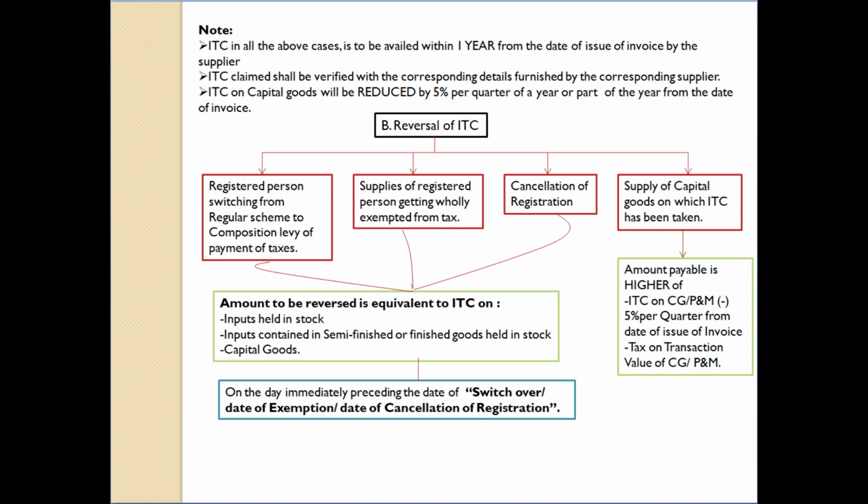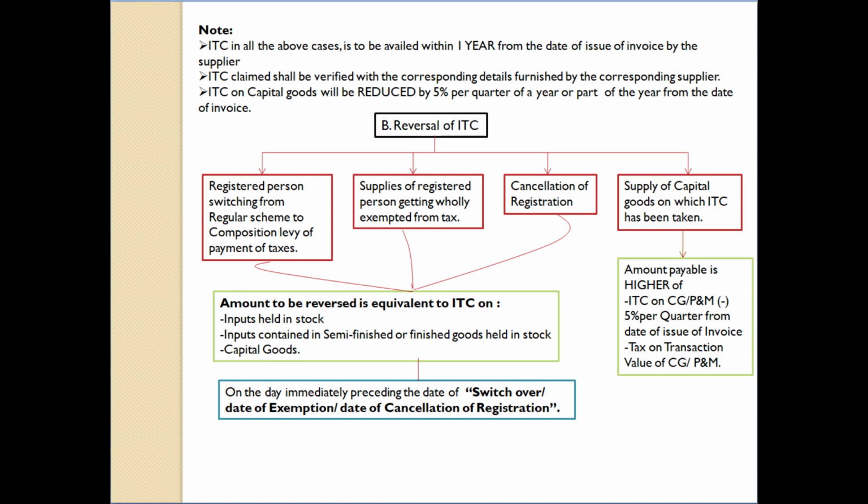Here also there are four kinds of persons required to reverse ITC. They are registered persons switching from the regular scheme to the composition scheme, a registered person whose supplies become wholly exempt from tax, and a registered person who cancels his registration. And the last person is a registered person who supplies capital goods or plant and machinery on which